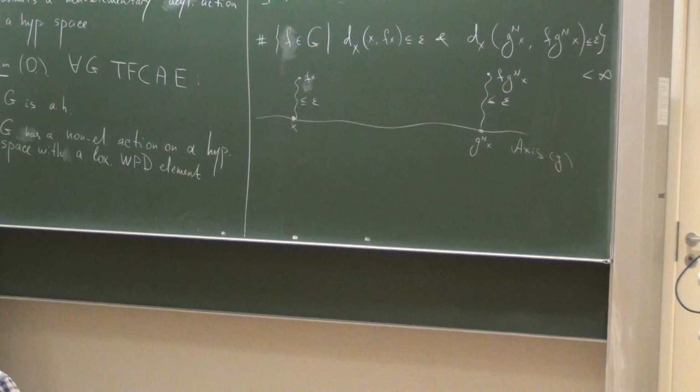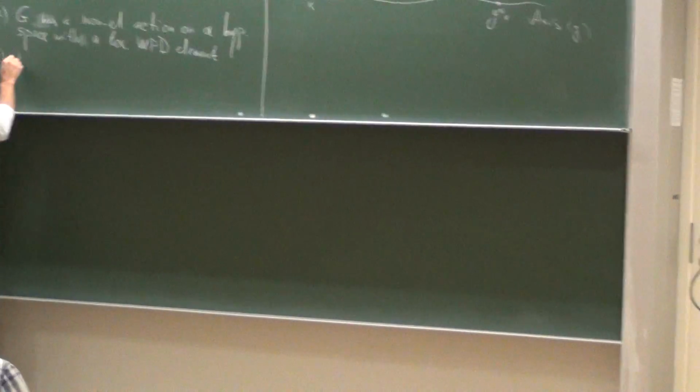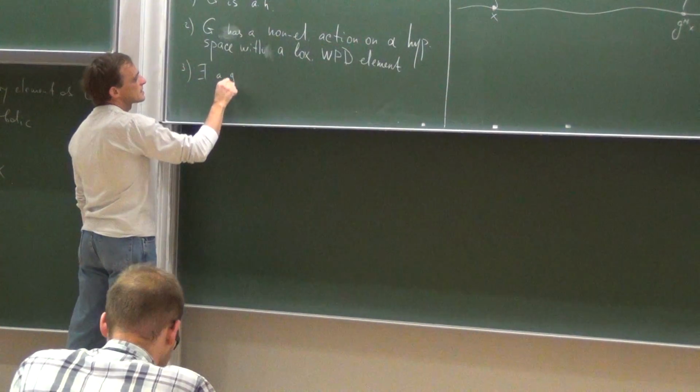So first of all, there is no uniform bound involved, so it's just finite. And second, you have to verify this condition just for one element, which is much easier. So that's why this is more useful. And the third condition in this theorem is that there exists a generating set